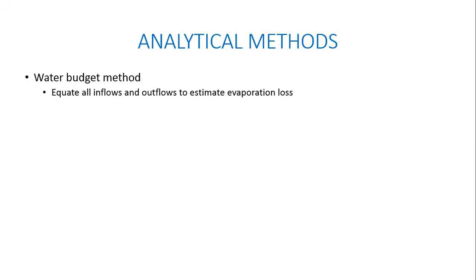Now, whether you are able to estimate all the other terms or not is also a question. Estimating precipitation is relatively easy. Estimating runoff is relatively easy. But groundwater inflow or outflow from the lake is relatively difficult to measure. So in this case, again, there's uncertainty. You may not be able to accurately estimate how much groundwater is flowing in or how much groundwater is flowing out. So when these two terms are unknown, then you're left with 3 unknowns and only 1 equation. So it becomes a little bit difficult. That's one of the challenges of using this kind of an approach.